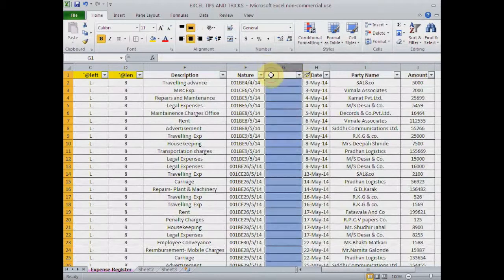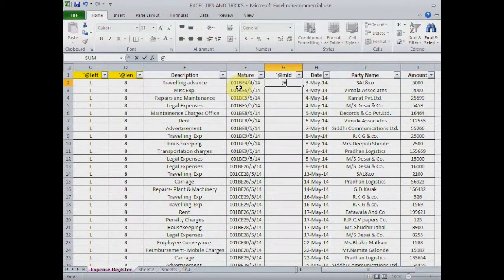Now I want to extract or retrieve the BE or CE part from the document number. So I can use the function of @mid for this. What does @mid do? @mid extracts a substring from a string. That means if I want the BE part, I can use the @mid formula by writing @mid, open a bracket, select the cell reference.